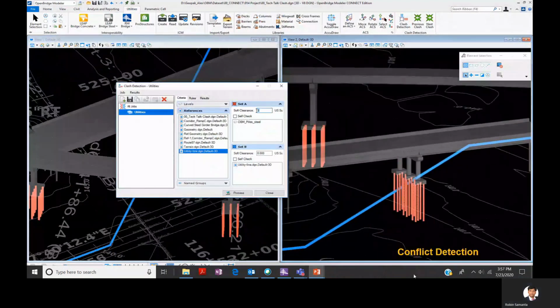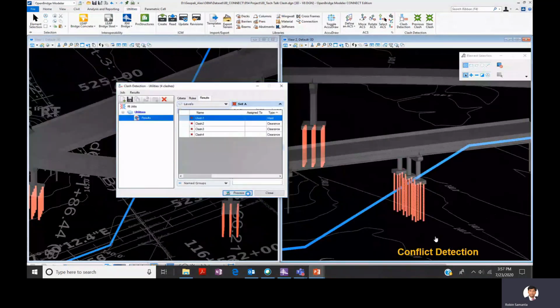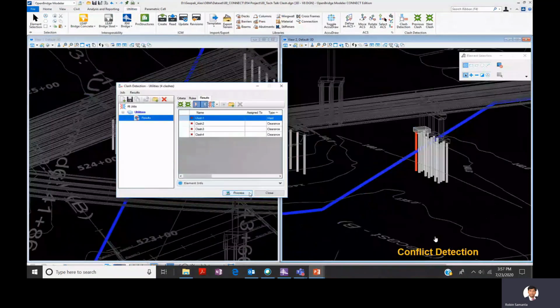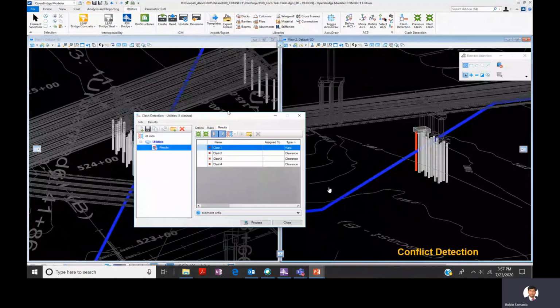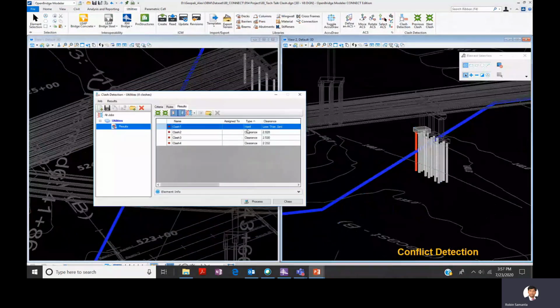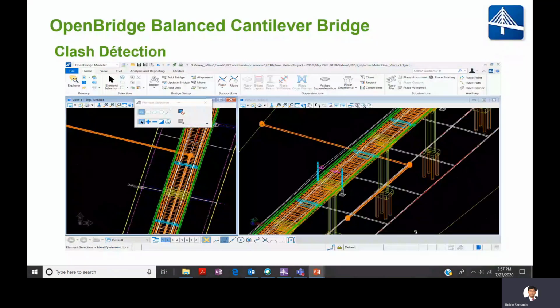So, a similar process, right? The way we are defining our horizontal and vertical clearance is also similar, and you can see that it's a hard clash. If you remember, you have identified this kind of clash, and it's very easy to modify the changes as well. In a similar video, you see that we have a hard clash between the pier and the utility lines here, and we are trying to easily update our pier.